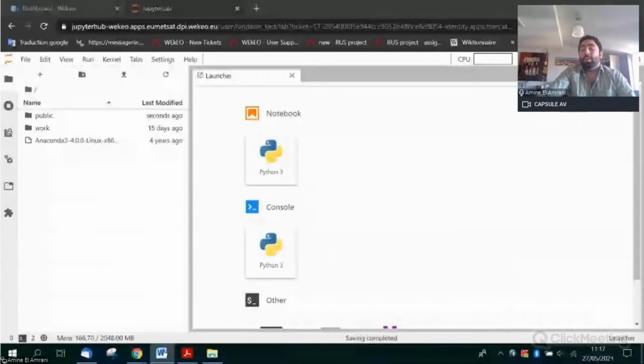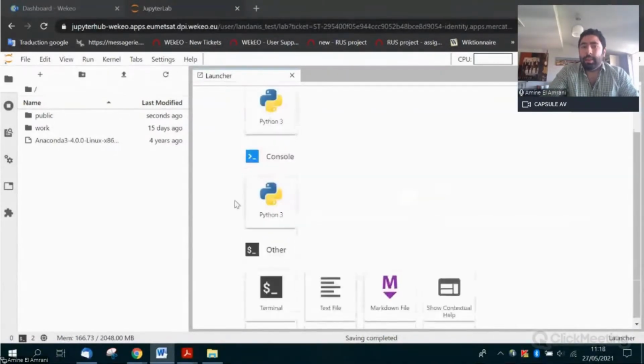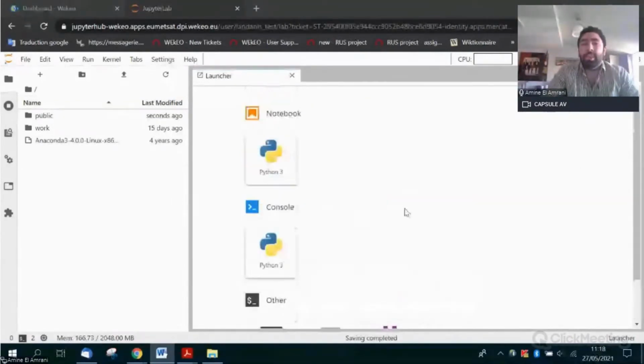So the Jupyter Notebook or Jupyter Hub is an open source web app that you can use to create and share documents that contain live code, equations, visualizations, and text. And this is the welcome page of the Wikio environment, so to speak. And so you have access to a classic Python interpreter, a terminal prompt that allows you to browse through your Jupyter environment. So your environment is a kind of small virtual machine environment after all. You can also create documents from scratch if you click here,